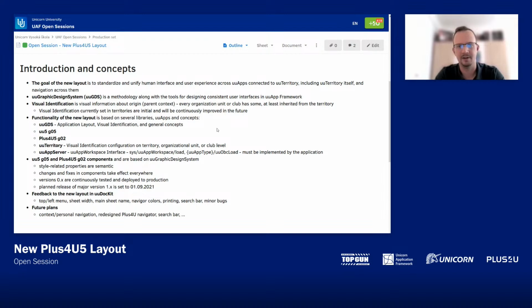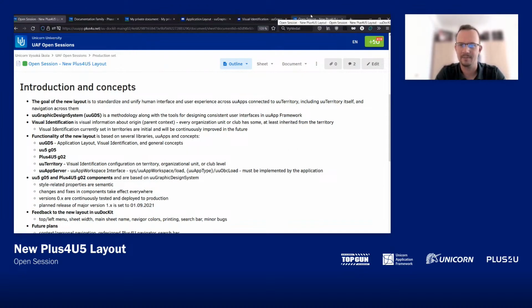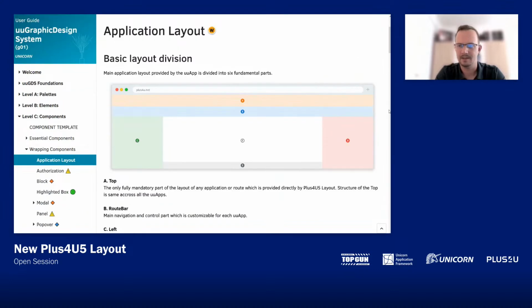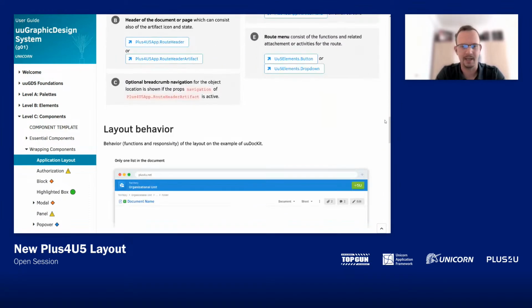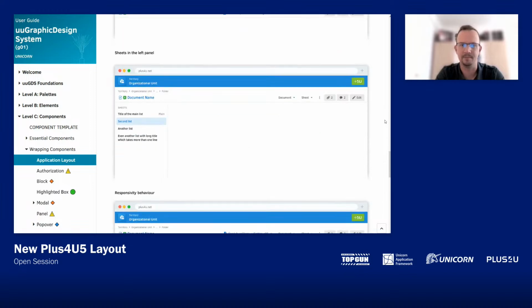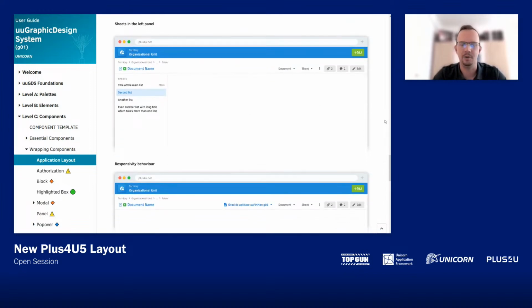Some of you have already asked, man, I was used to having a list of sheets on the left side in the left menu, and now the sheets are in the top menu. Well, right now they are, but there is already a concept for this new layout, which takes into account that some applications would be more useful with the left menu with the sheets. For example, we know that the book in UBookit will still be kept with the pages on the left